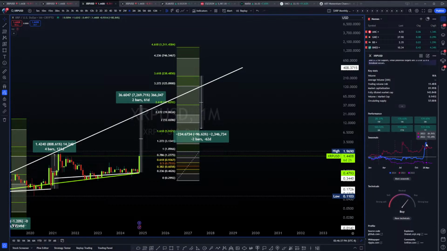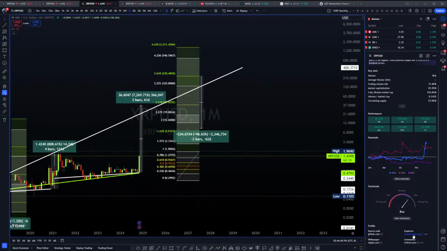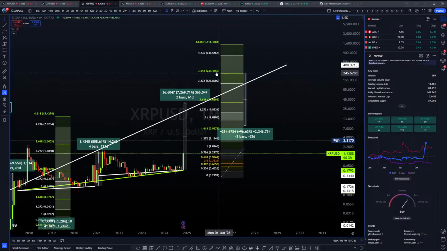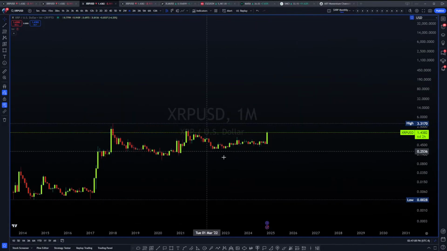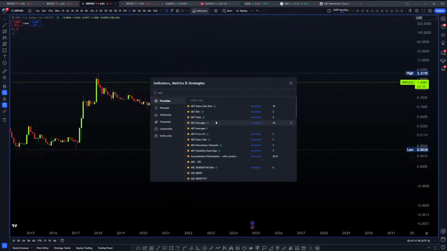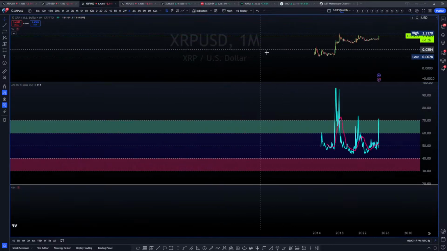Hold on. The market cap history on XRP, Ripe. Let me see. Oh, that actually brings some attention to something else. Let me see something here. I wonder if I can see the on balance on this. I don't think I could, but let's take a look anyway. Yeah, man.